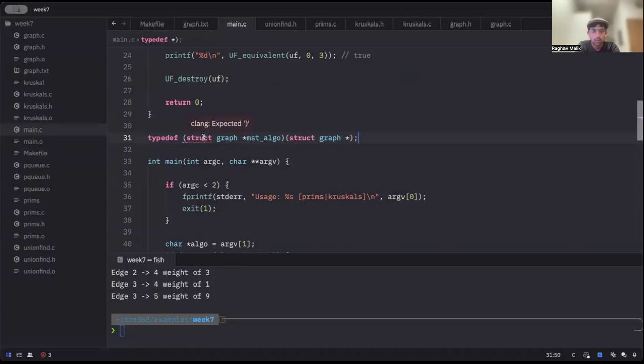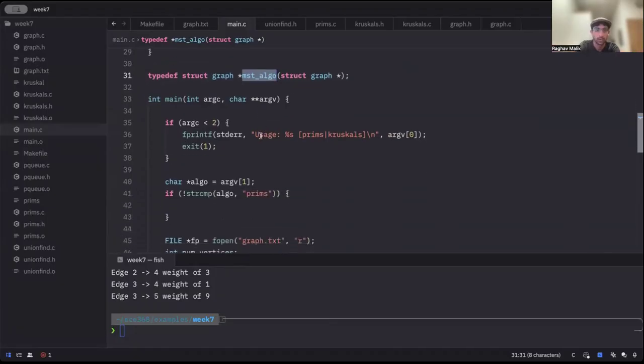Does this work? Right. Okay. So MST algo is now a typedef for a function pointer that takes a graph and returns a graph. Right. So we can say